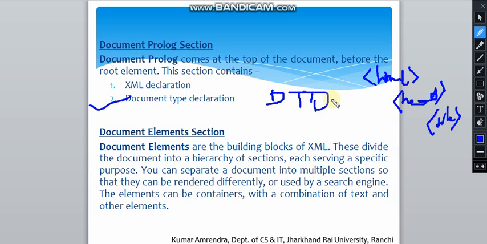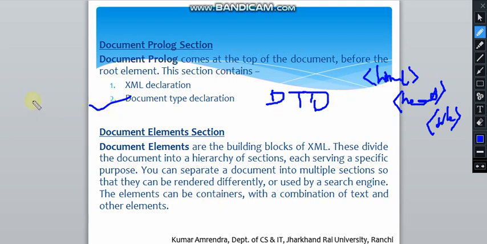We can also say that if we define these sections in hierarchical form, it will be very easy for a programmer to understand the code. They can be rendered differently or used by a search engine. The elements can be containers.